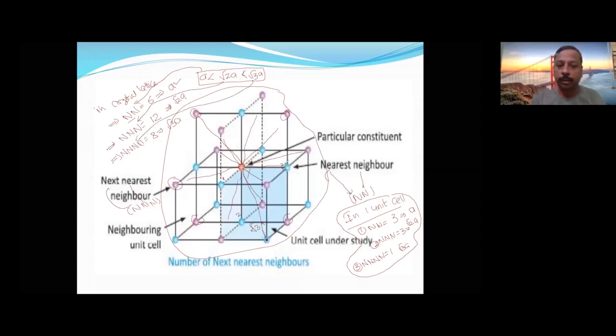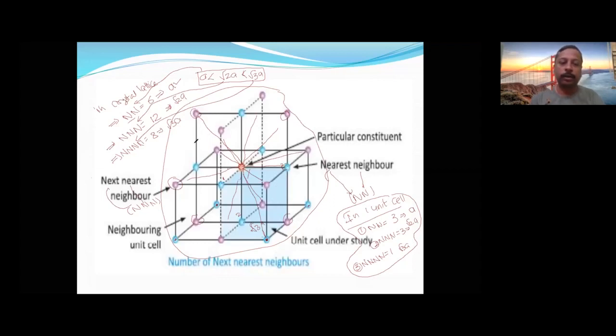So this is the nearest neighbor. This is diagonally opposite but within the same plane, the face diagonal, that will be the next nearest neighbor. The body diagonal opposite, that is the opposite corner, will be the next to next nearest neighbor. Like this, see, 1, 2, 3, 4. I am circling them, the NNNs. Next to next nearest neighbors will be, here it is not drawn, 4 at the bottom.